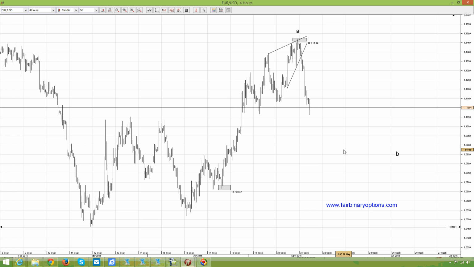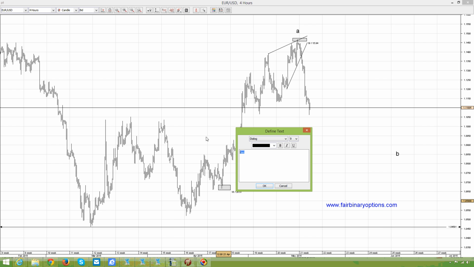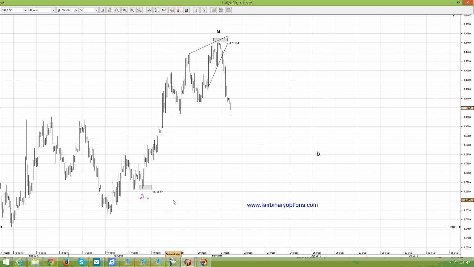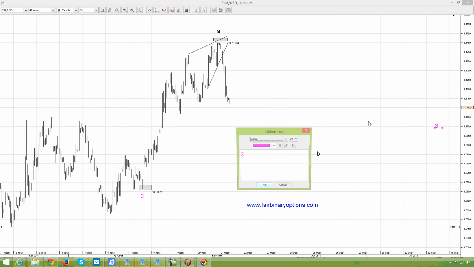Well, if it ended there, then what kind of a degree will be the move prior to this triangle? Normally this would be the end of the third wave, so all the way from the 1.40 level, this should be the third wave of such a degree. If this is the third wave that ends here, then we should look for a fourth wave on the right side, but the fourth wave, I would say, is going to be formed out of a